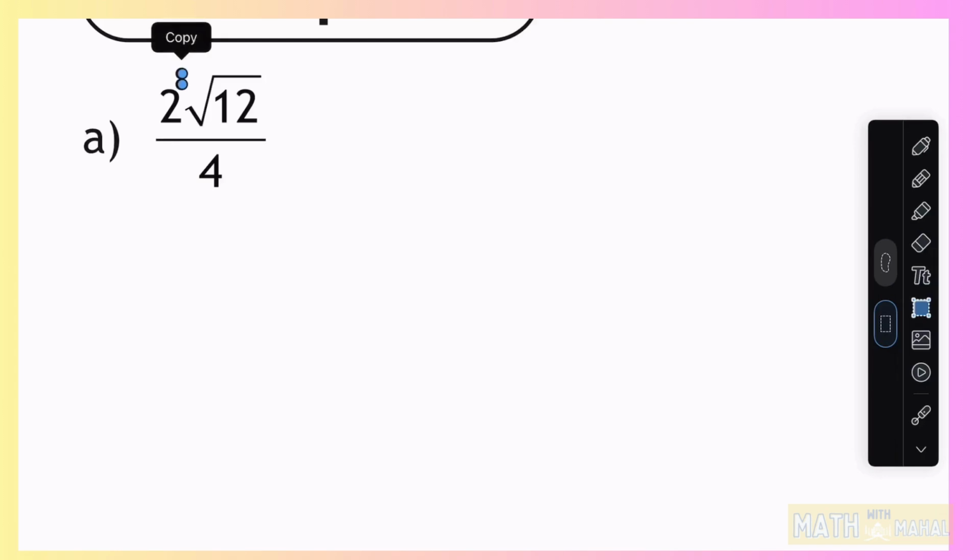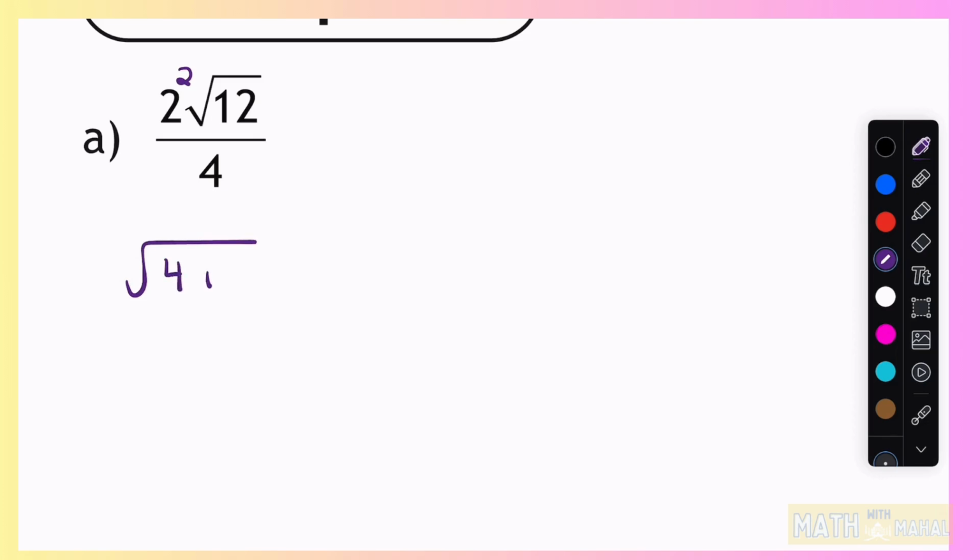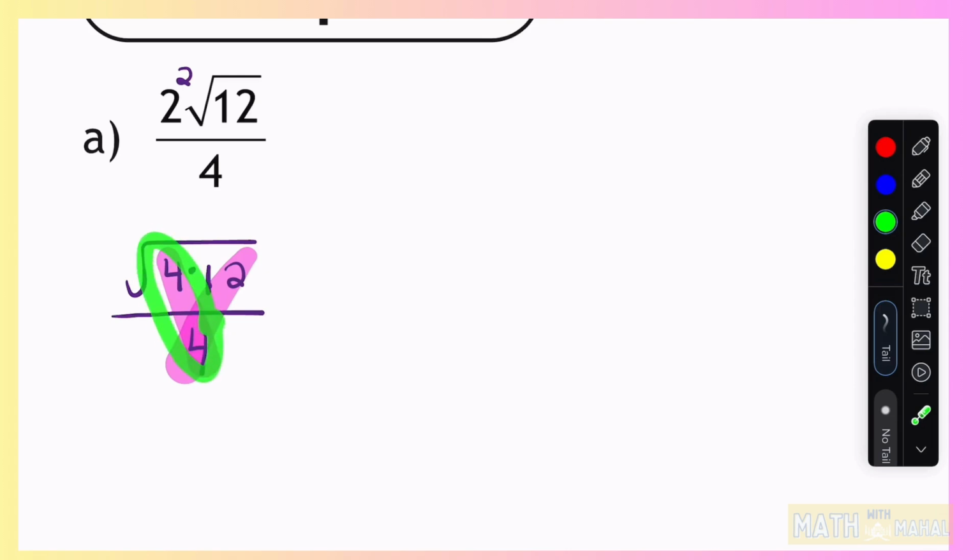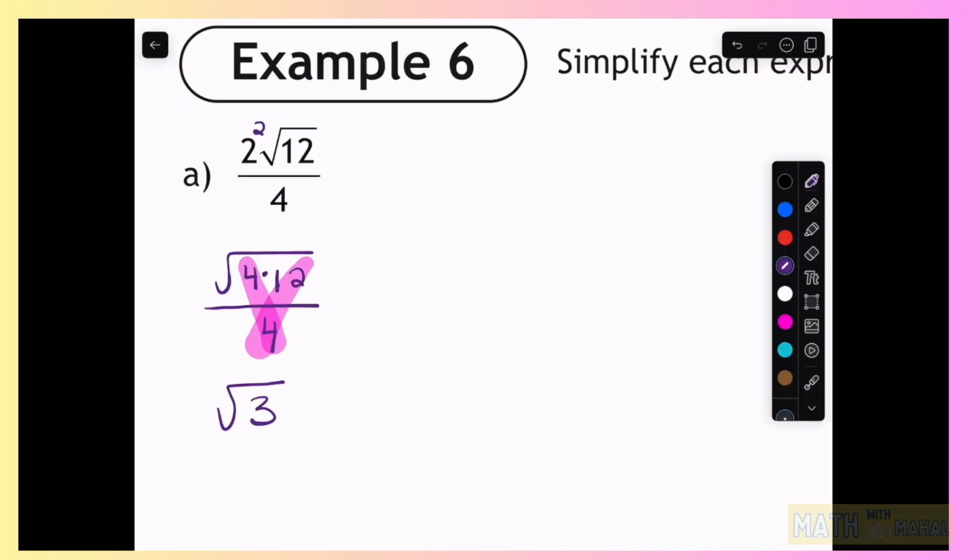Okay, so let's go try this one here. So remember we have our invisible 2. So that's going to become 4 times root 12. Now all of that is raised over 4. So that means our 4s are going to cancel out. Now remember, it is this times that and this times this. So we want to treat them as 2 different multiples upstairs, if you will. So the 4 over the 4 will just reduce to 1, so that's fine. We don't need to worry about that. Then our next part is our 12 over 4. 12 over 4 is going to divide into 3,